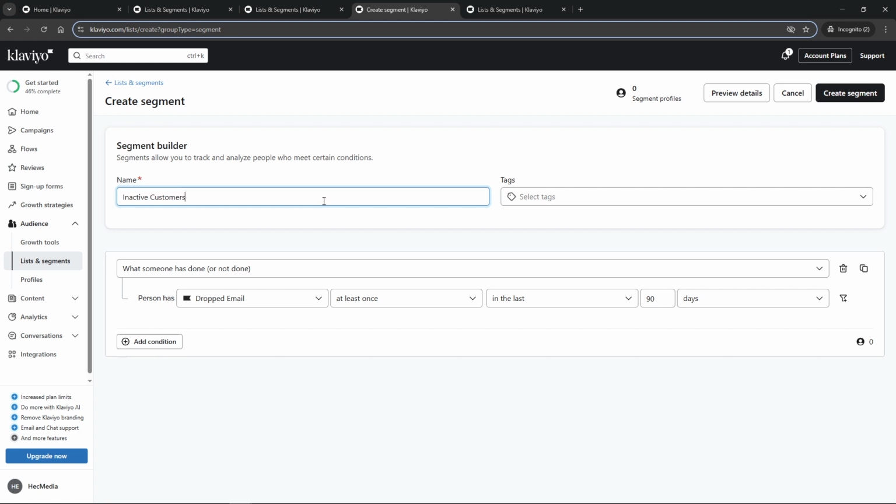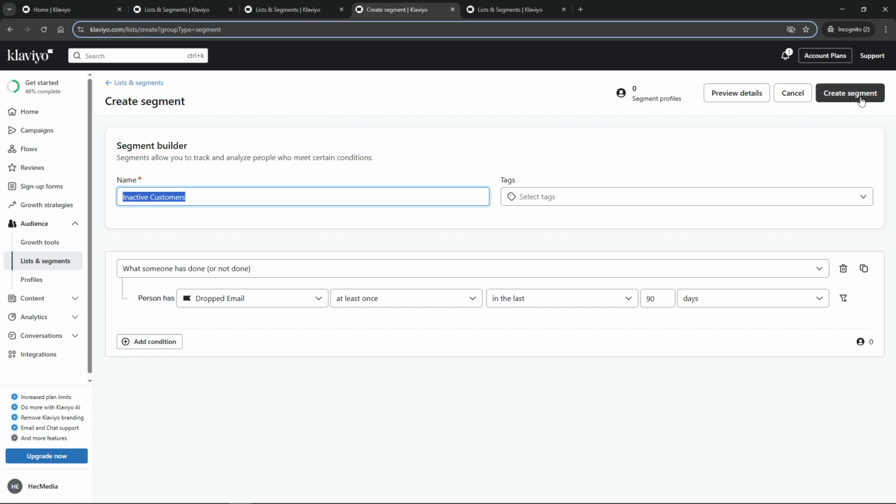A typical filter to use would be to look for contacts that have received an email from you at least a certain number of times in the last 90 days but haven't opened them. This helps in pinpointing which contacts aren't engaging with your emails despite having had several opportunities to do so. Adjust the number of times emails are received to what works best for your specific business needs. After setting your filters, click on the Create Segment button. This action will configure the system to identify and group these specific contacts into one segment, making it easier for